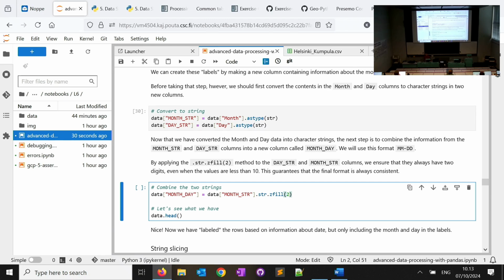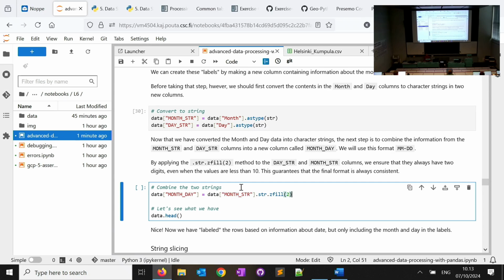If it is 2 digits, like 20th of June, 20, it doesn't do anything. It's already 2 characters. If it is less than 10, then it adds a 0 in front of it. So it works directly on strings. So if you have a text like a, and then you put a.zfill 2, it will become 0a. But in our case, this is not a string. Do you remember what this is now?